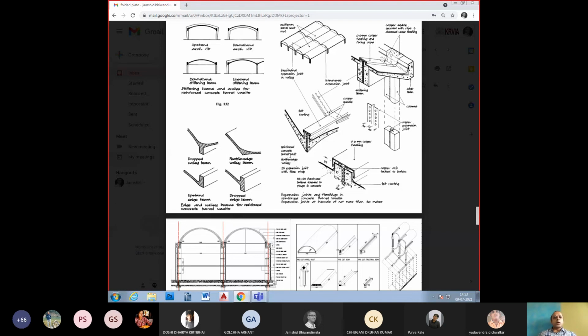You have a shape like that. At the construction joint or the expansion joint, because these are large structures, whether it is folded plates, barrel vaults, concrete shells, any structure, please keep in mind that if the building is too long or too wide, that is, the expanse of the building is too wide, you will come across seismic joints, construction joints or expansion joints. Either of the three will be required. Of course, depending on the technology and material you're using, it may vary from 30 meters to as much as 70 or 80 meters. But at some intervals, you will have these expansion joints.